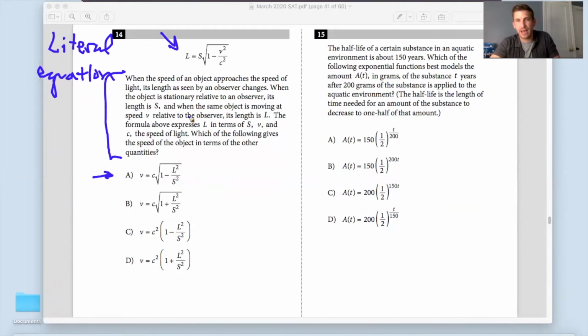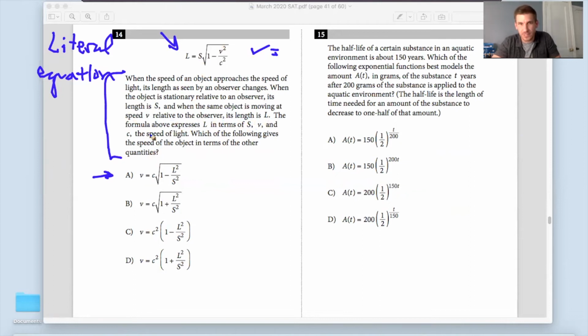So without, let's pretend I can't even read, right? Without even reading English in terms of what the problem is, what I know I need to do is somehow solve for V, right? That's the idea. Now, I can go and read all of this, and then it says when the formula above expresses L in